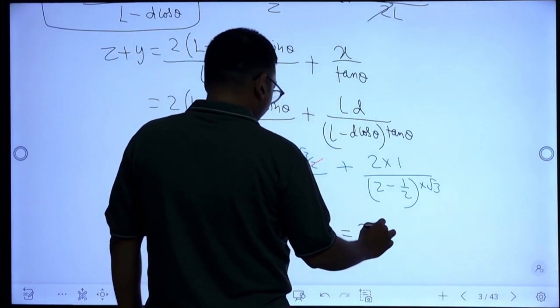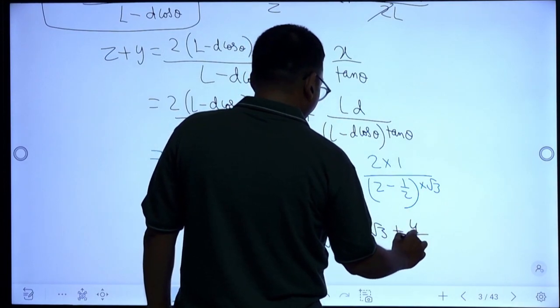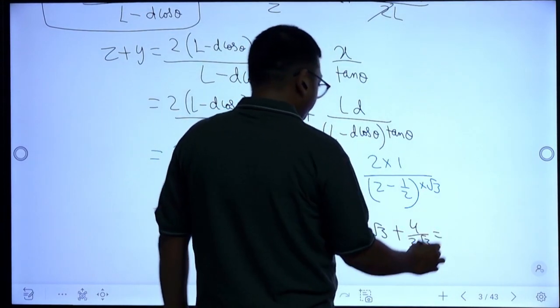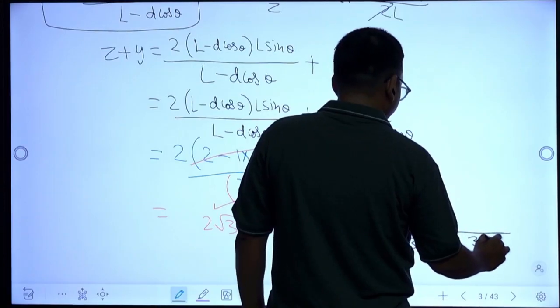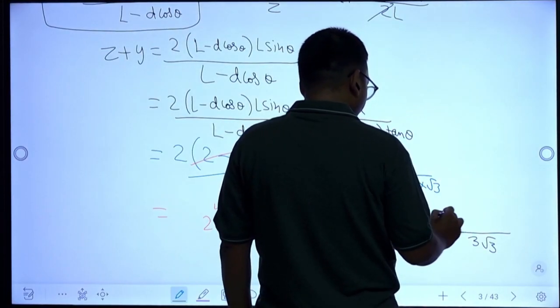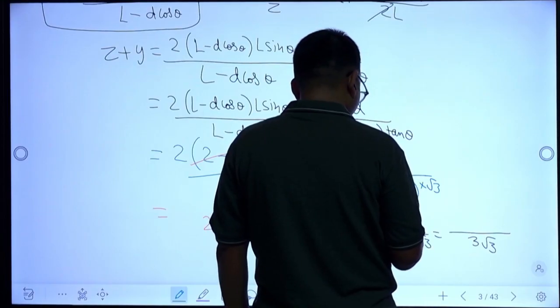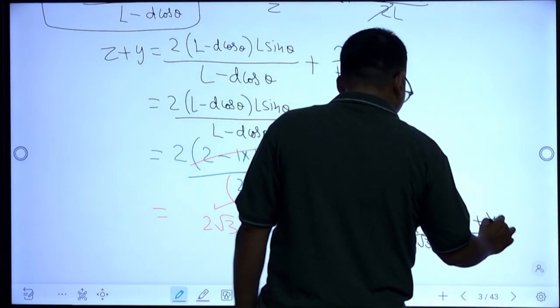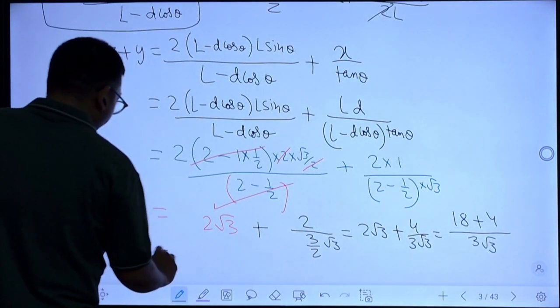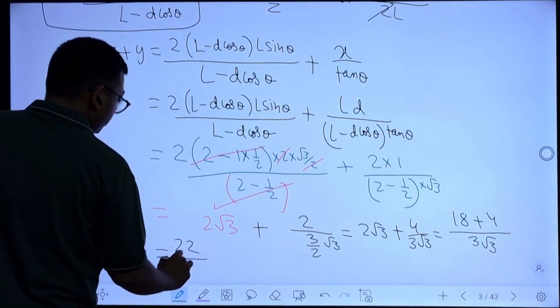So this is 2 root 3 plus 4 by 3 root 3. Take the LCM. So 3 root 3, and multiply 3 into 2, 6, 6 into 3, 18, 18 plus 4. So the final answer will become 22 by 3 root 3